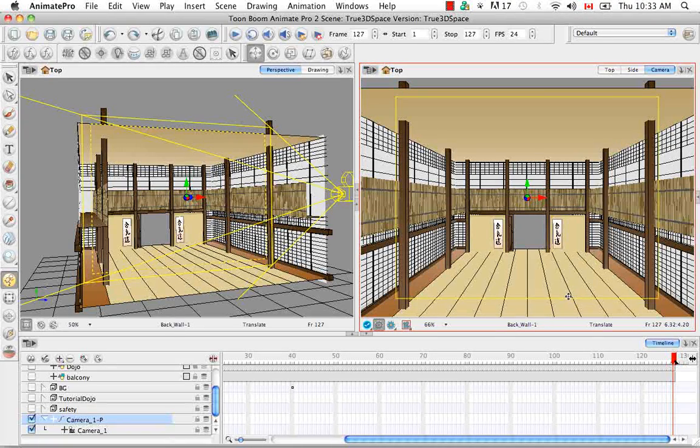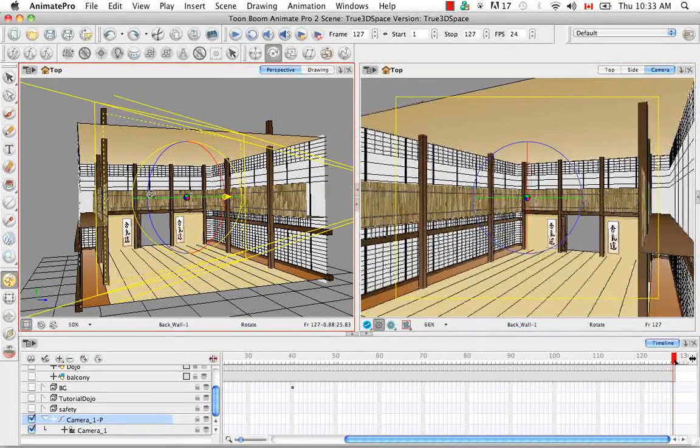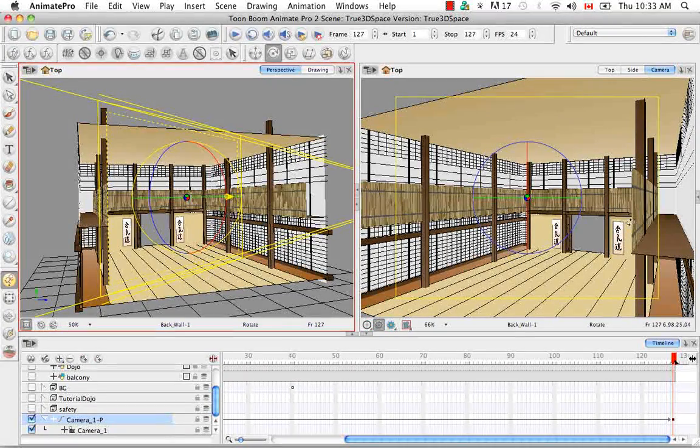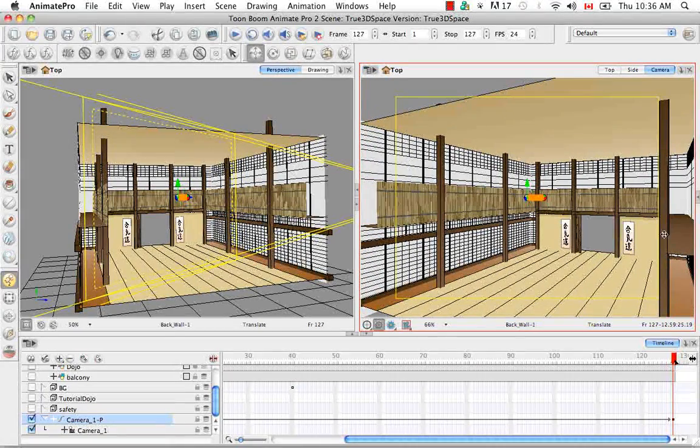So now that we have everything set up, what I'm going to do is switch to the rotation tool, and I'm going to grab this green circle so I can make a very precise movement and just make a rotation. And I'm watching also in the camera view because we were already starting to see some of this balcony, which we don't really want to see because we shouldn't be able to see the inside of this sort of cutout balcony. So I'm going to switch to the translation tool, and then I'm going to select this red arrow in the camera view and then use it to drag the frame over a bit. So there, so that we don't have the balcony in our shot. And actually lower it a bit as well